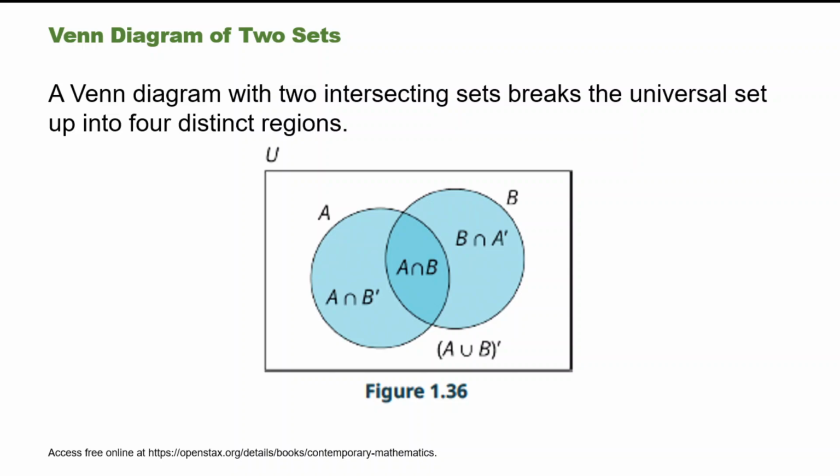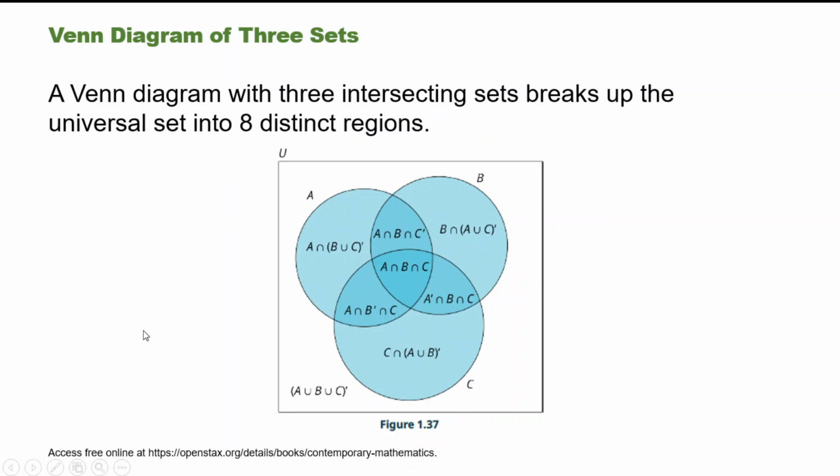Now, there are four regions here, and so if we have more sets in our Venn diagram, we get more regions. So let's go ahead and look at a Venn diagram of three sets. A Venn diagram with three intersecting sets breaks up the universal set into 8 distinct regions. First, it's the universal set U with sets A, B, and C, and